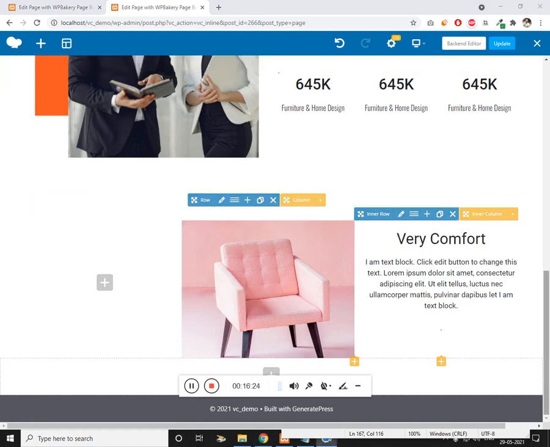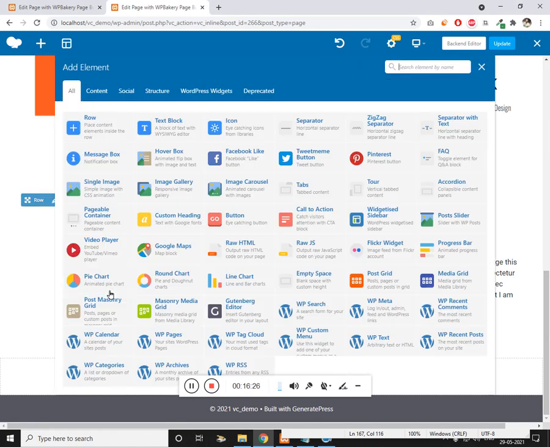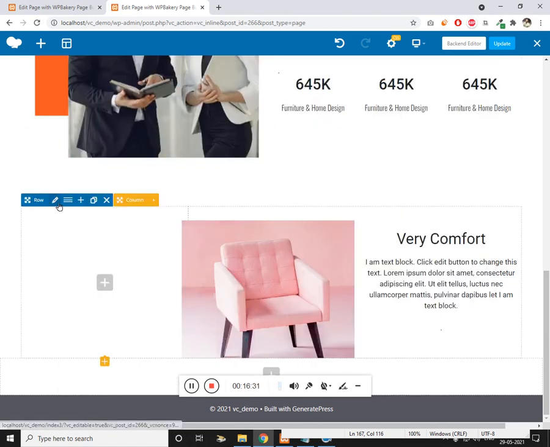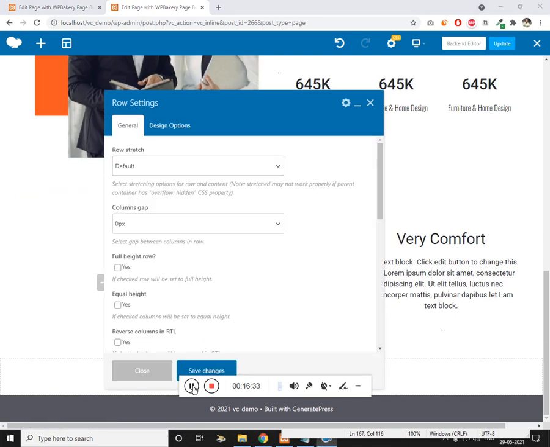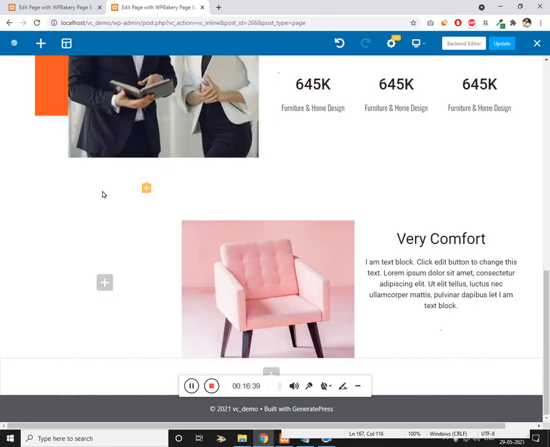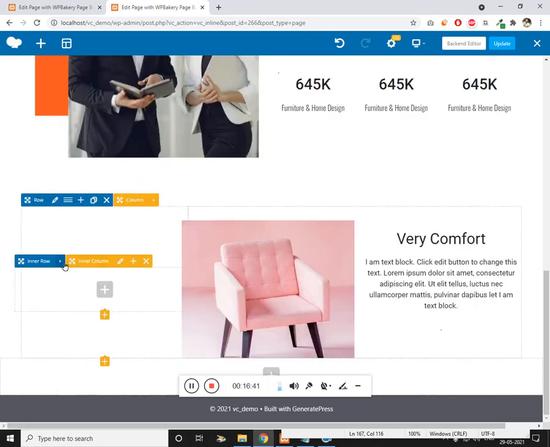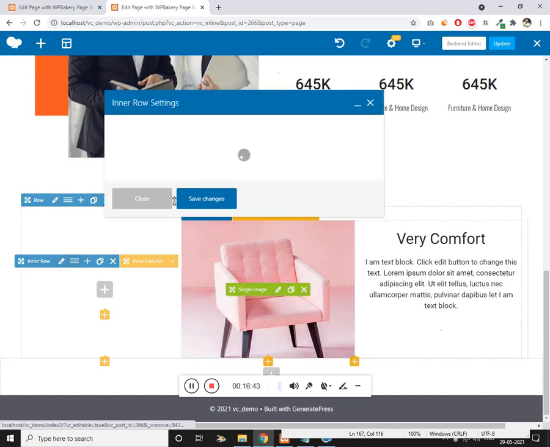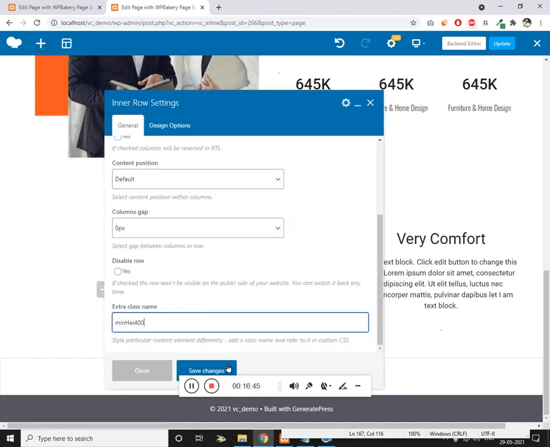By the time, let's add, let's edit this row. So instead of directly editing this, we'll add a inner row. And let's give the inner row height with the help of class. So we have given the height of 400 pixel.